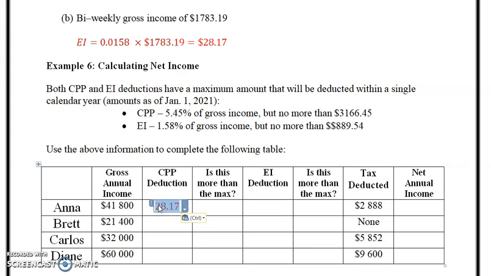So we get 2,278.10. Alright, so this is not more than the max, right? It's all going to be red here. Okay. The EI deduction, 41,800 multiplied by 0.0158, and we get,